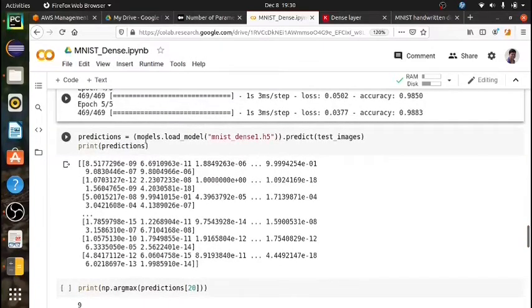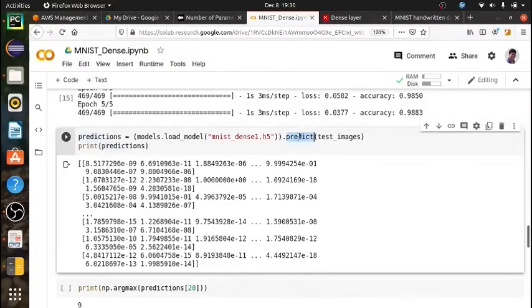Using this we will be predicting the test images. Now using the predict method, we will use these test images to check whether our model is able to predict the images correctly.